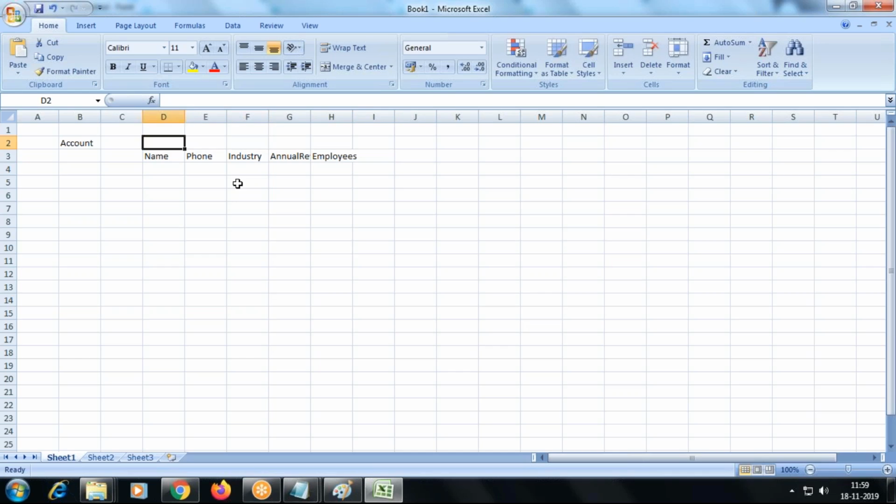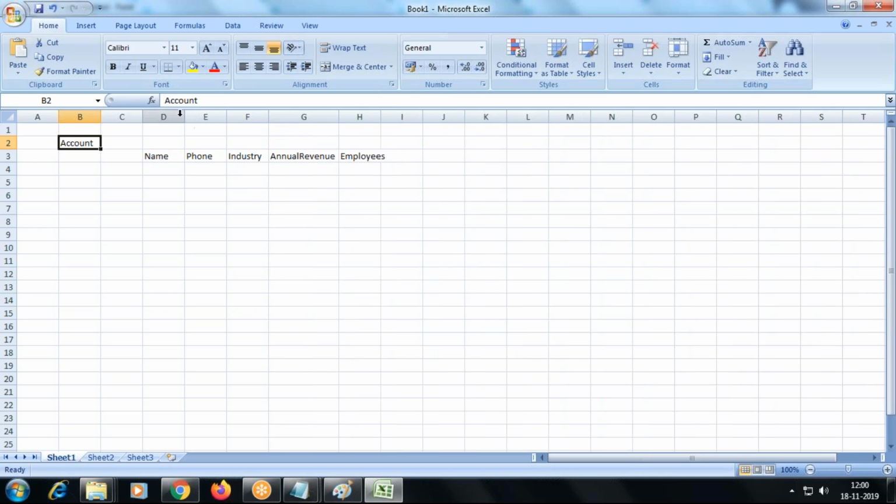Basically, account is a table used to store company details of the customer. A customer belongs to some company, then what is the name of the company, what industry the company belongs to, address, everything.